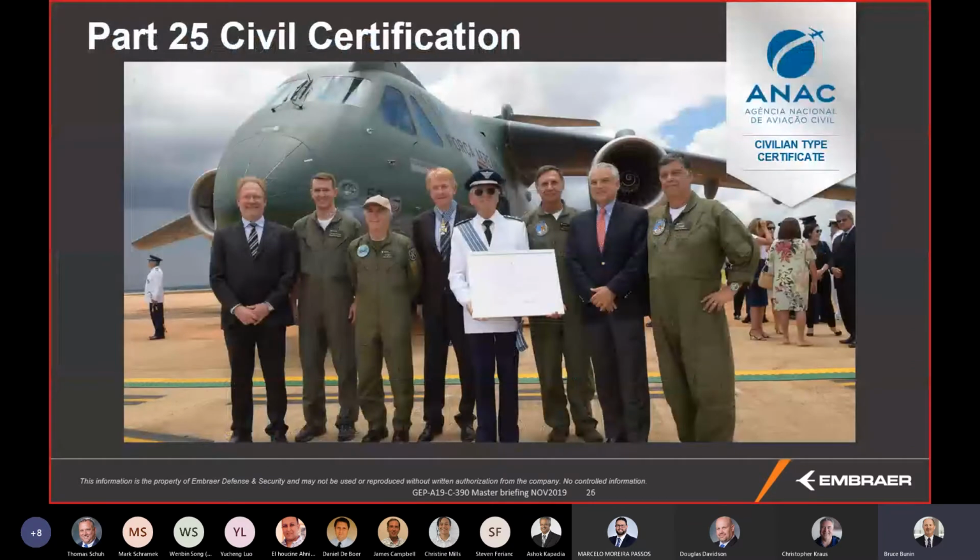The airplane had a dual certification approach from the beginning. So we went through an ANAC certification in parallel with the Brazilian Air Force military flight certification, which did result in a type certificate, which is what you're seeing here, but it's a unique type certificate. It's a zero passenger, zero payload type certificate. But it does mean that should we decide to pursue the idea of a commercial variant of the airplane, which we are talking about,